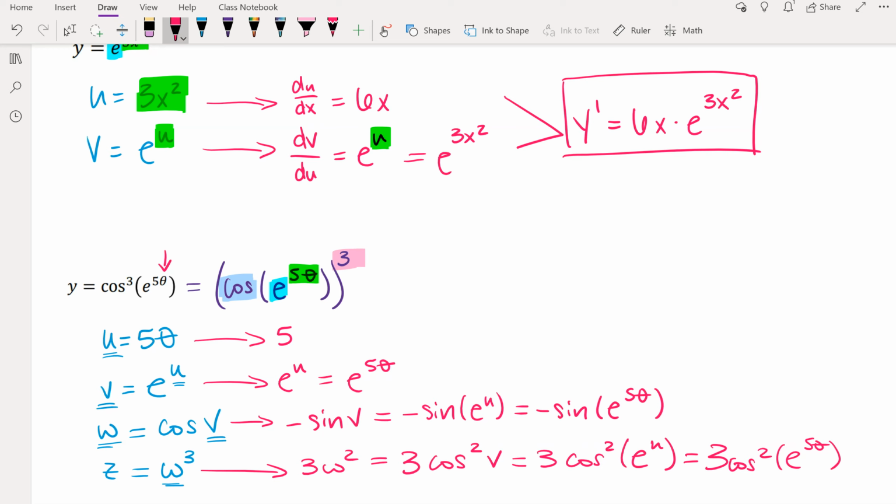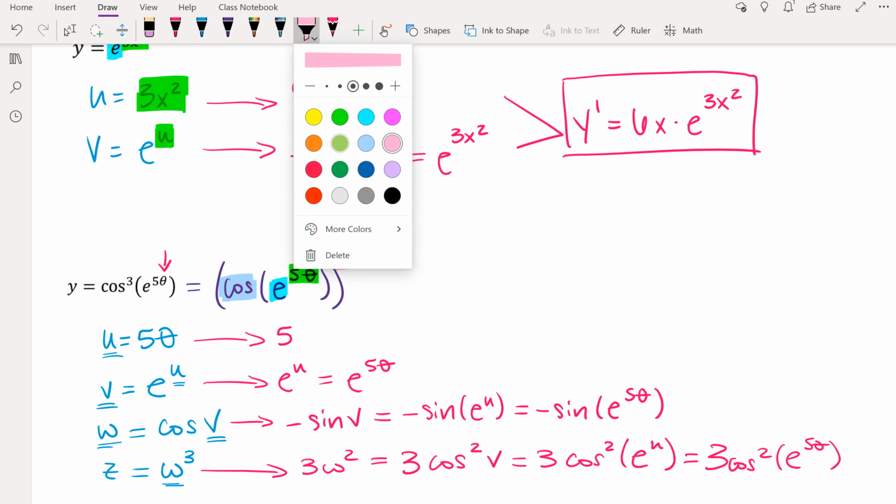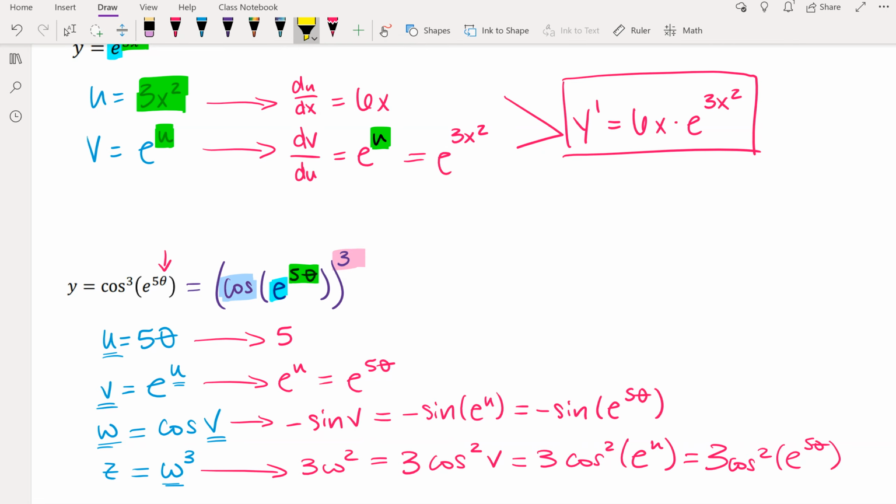All right, so we need to multiply all of our final derivatives. So let me go ahead and highlight those. Here we go. We're going to multiply all of our derivatives, the final versions that are in terms of theta. So we have 5 e to the 5 theta, negative sine e to the 5 theta, 3 cosine squared e to the 5 theta. All right, we need to multiply all those together. So here we go. I'll do it up here. Y prime equals